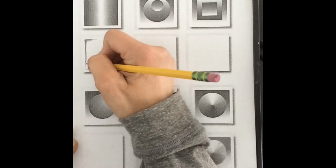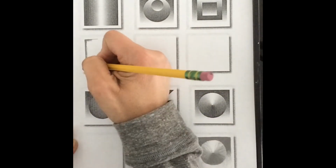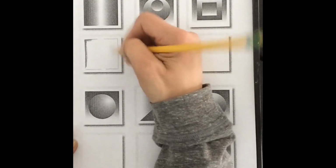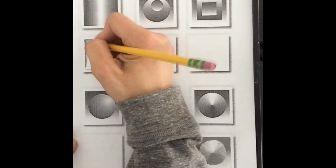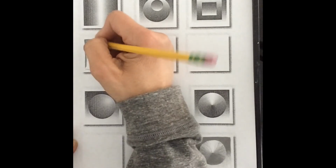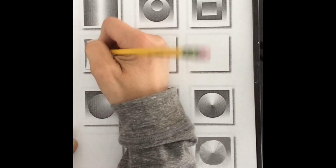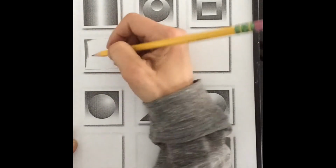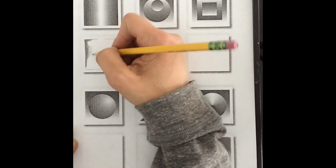There's a few different ways that you can control your value when you really get down to it. If you do a lot of layers, right? So a lot of back and forth and back and forth and back and forth, that's going to make the value darker. And if you're pushing with your pencil a little bit harder, right? So there's the layers and the pressure that you're pushing. Here, as I'm wanting this to get lighter, I'm not...